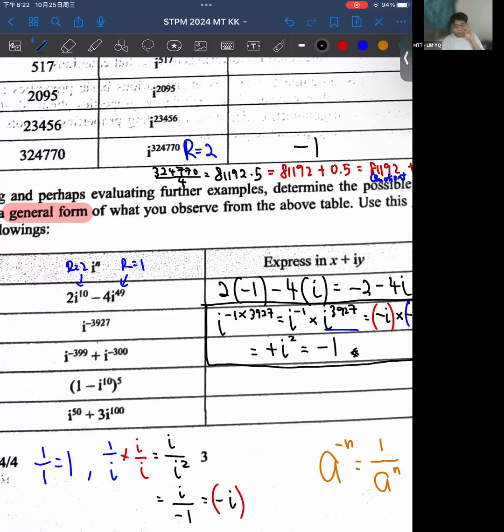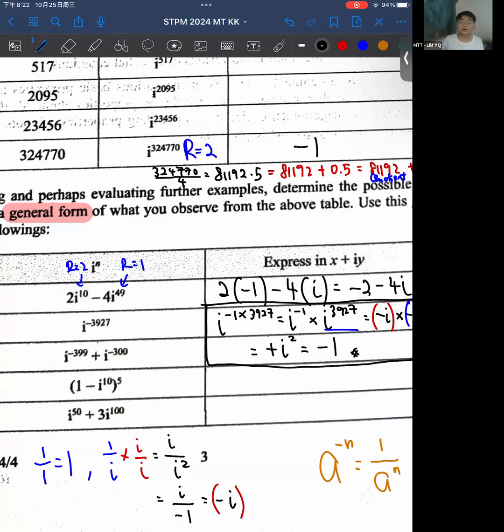Okay, I suggest what you do. You do your working on a paper. Write your final answer on this paper only, because your working can be longer. Can you understand? Because a student asked, I thought we're going to write it in the form a plus yi, x plus